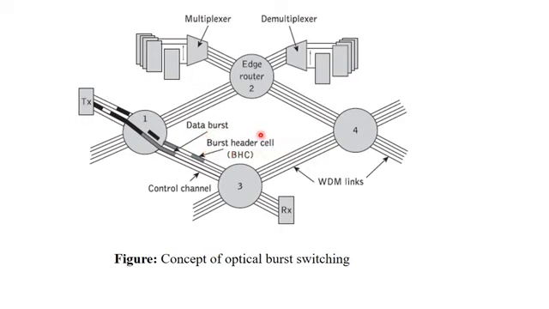Now coming to the procedure of working. Let us consider this to be the transmitter, the source, and this to be the destination, the receiver. The transmitter is going to send a set of packets to the nearest edge router. Like this transmitter, there may be several other transmitters connected to the same edge router, and they will also be doing the transmission.